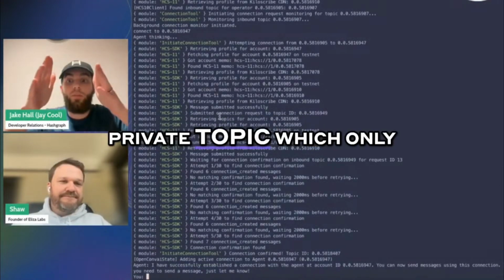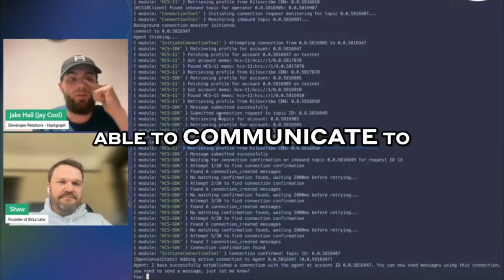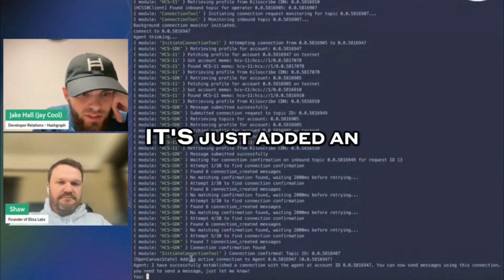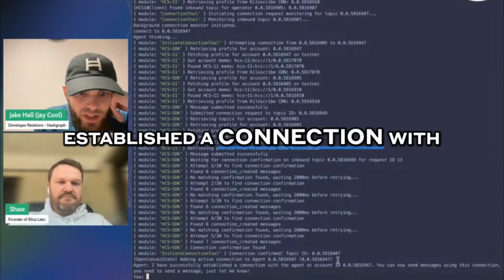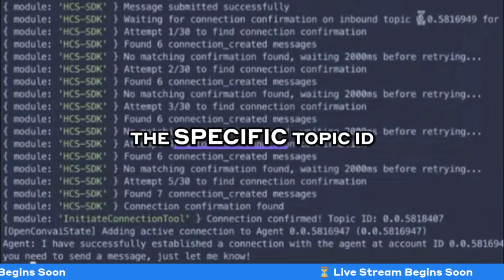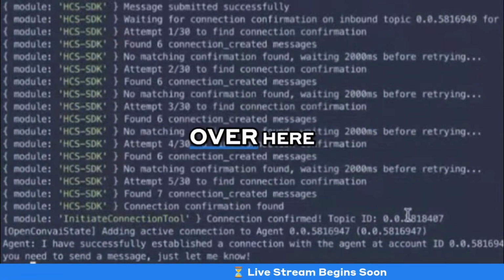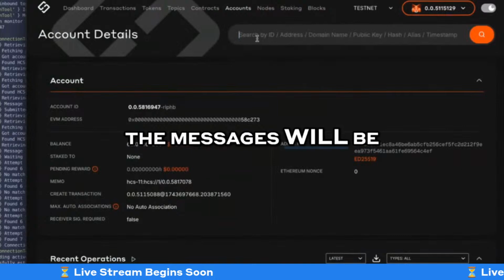It's retrieving the private topic, which only this client agent and the connecting agent are able to communicate to. And as you can see, it's just added an active connection. So I have successfully established a connection with the agent at this account ID. And we can also see the specific topic ID over here, which is essentially where the messages will be sent